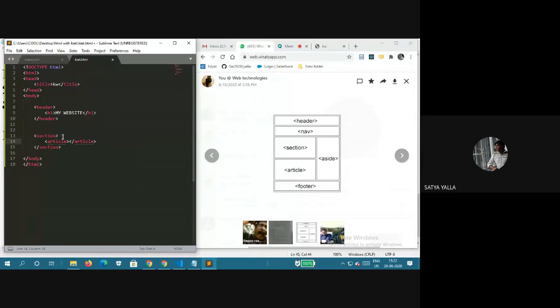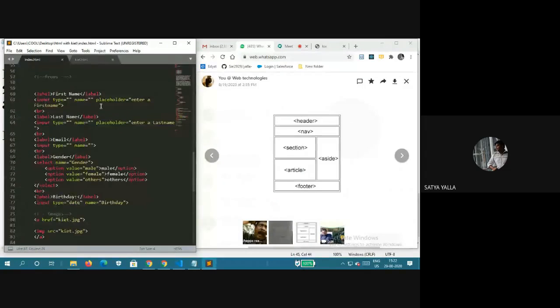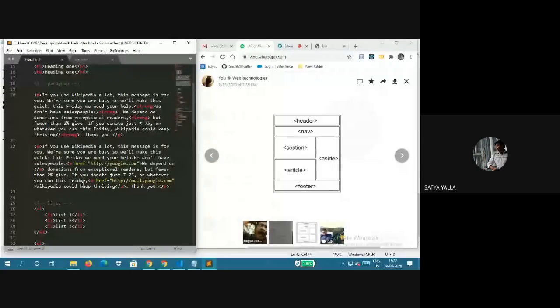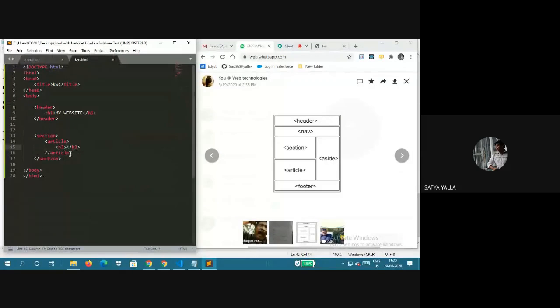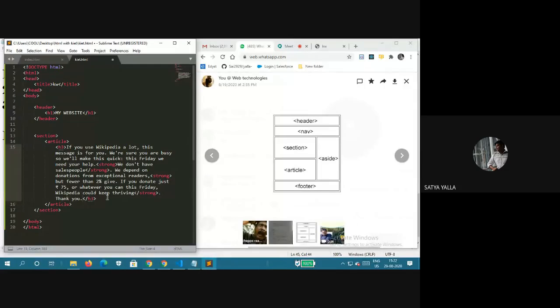Practical. And we have one paragraph here. So, paragraph. Here I am simply copy pasting this for the paragraph. I should paste it here. And I want some more articles.